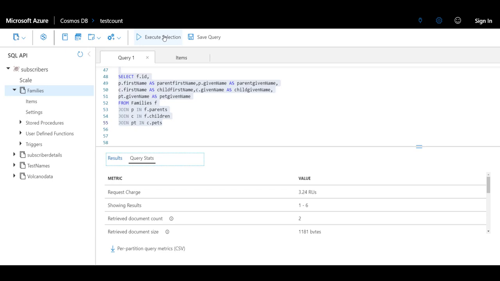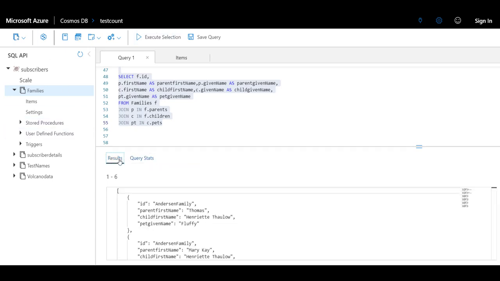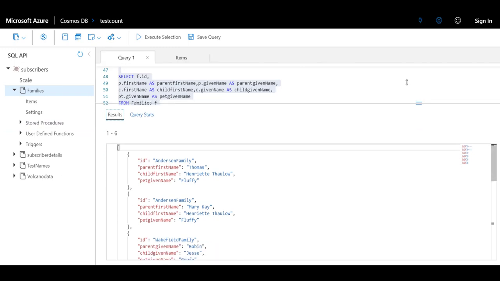So what you would get would be every combination of parent, children and pet values which is present inside the family's document. We can quickly check the results, and we can see that for the Anderson family, we have the parents Thomas and Mary Kay, and they would be repeated for the only child, which is Henry Thaulo, and because Henry Thaulo only owns a single pet, we will have a single entry for Fluffy. So you will get a total of 2 nodes for the Anderson family, one for Thomas and another one for Mary Kay, and the child information will be Henry Thaulo for both of them, with the pet as Fluffy, because the number of pets was 1 and the number of children was 1.